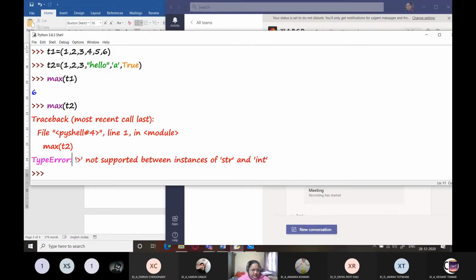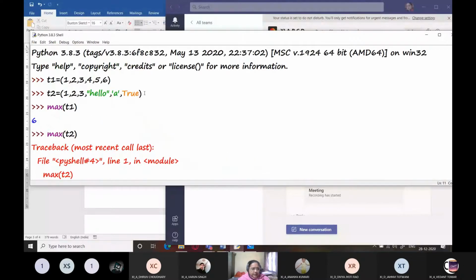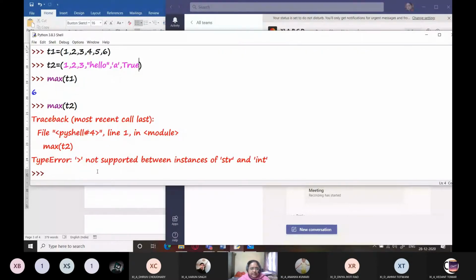This is not supported between instance of str and int, because here it has used the greater than sign to represent that internally a comparison operator is used to find out the maximum value. And that is not possible. Logically, if you think, it is not possible to figure out the largest element if there are variable type of elements within the tuple.